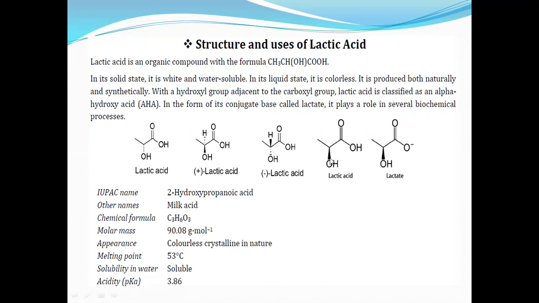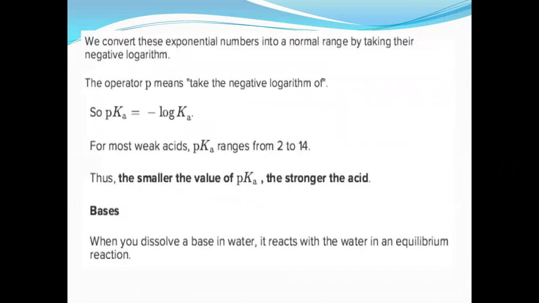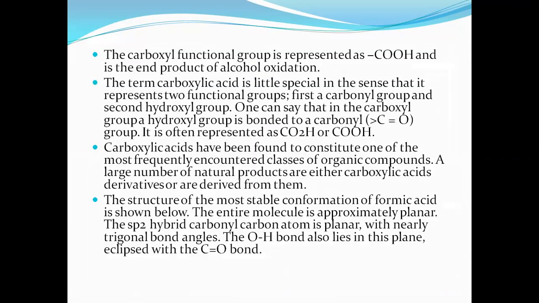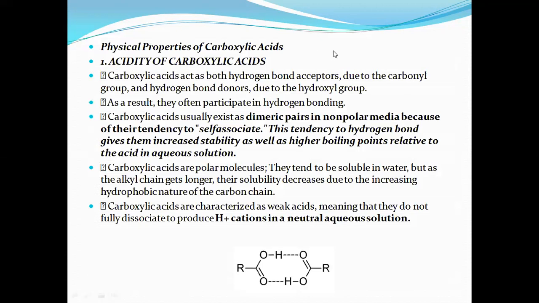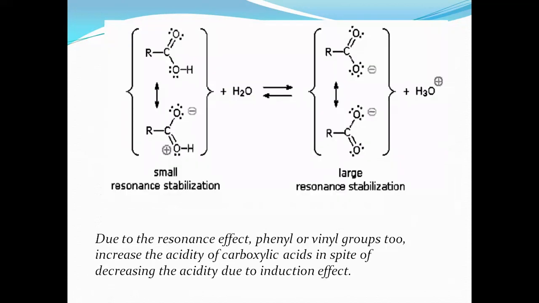Okay, so in the last lecture we saw the introductory part related to carboxylic acid. In that we discussed the following points: how the structure of carboxylic acid looks, how it shows the resonating forms of the carboxylate ion, and how it looks in the orbital diagram. We also discussed their physicochemical properties, followed by some of the lower carboxylic acids and their resonating structures.